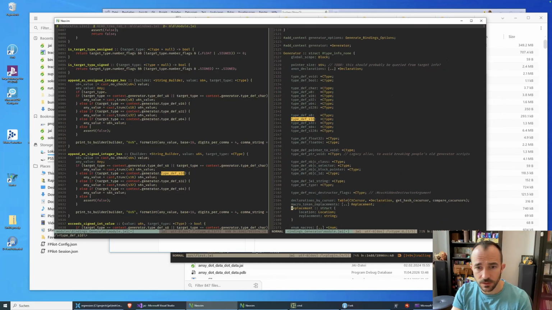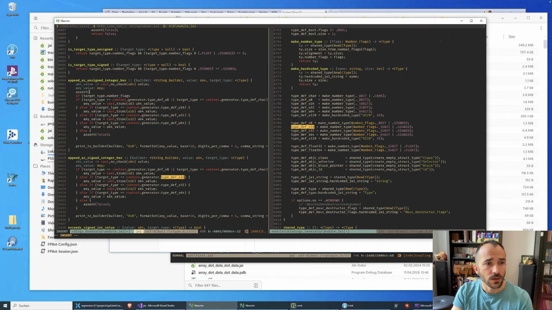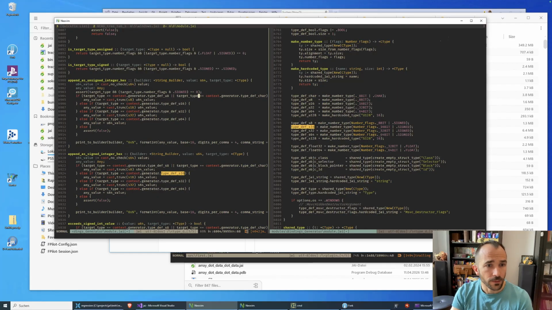Okay, this is a quick fix. This is not a big deal. Number flags. And I have to make sure that it's unsigned. Okay, assert target type and target type number flags and signed. And then we can just say if